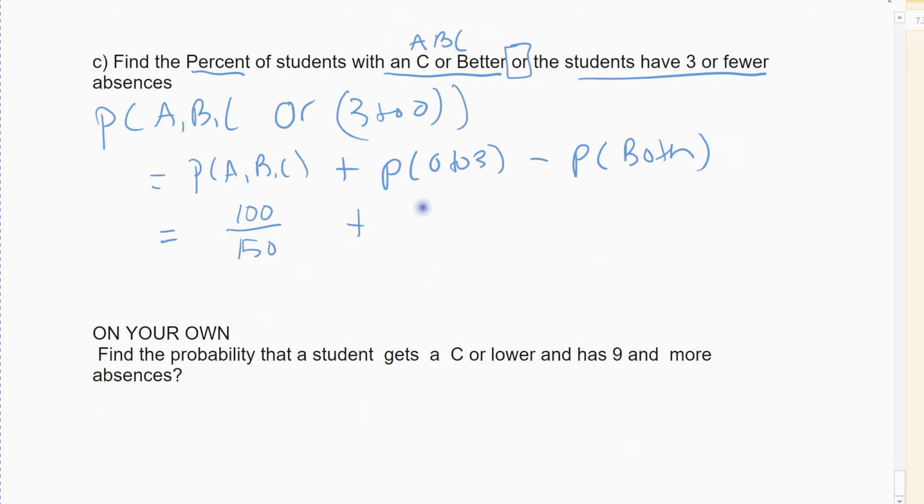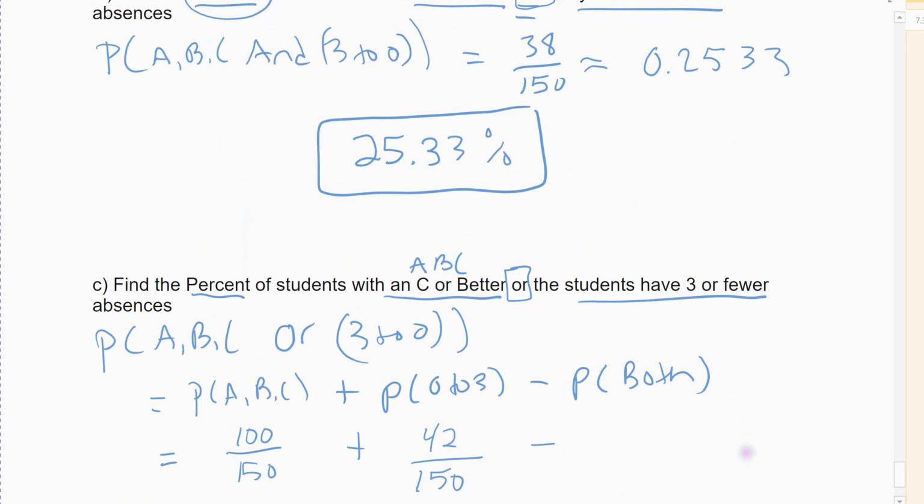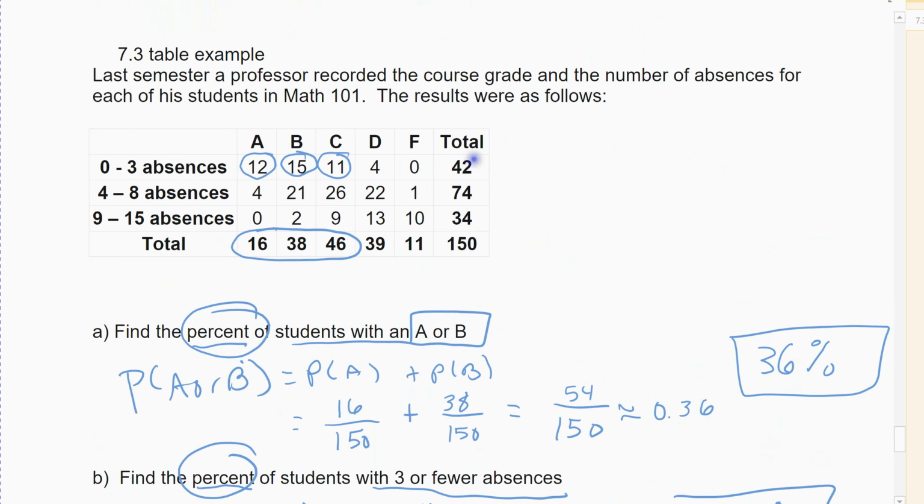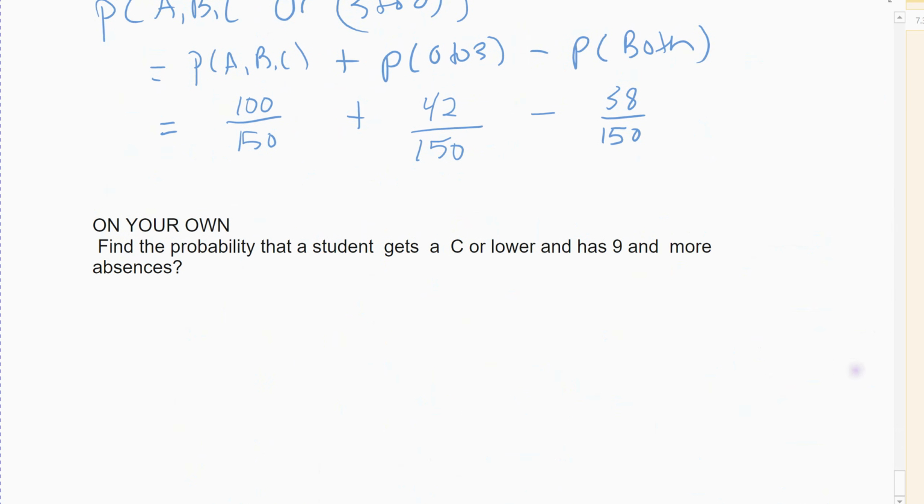0 to 3, well, that was 42 out of 150. And then we counted 38 of those twice. Right? 38 had both an A, B, or C, and only missed 0 to 3 days. Double check my numbers. Yes, 42, and then those would be the overlap. So those are the ones that we're looking for. Those would be totals minus the ones that we counted twice. Now let's do the math. So 142 minus 38 comes out to be 104 out of 150, which the decimal approximation on my calculator